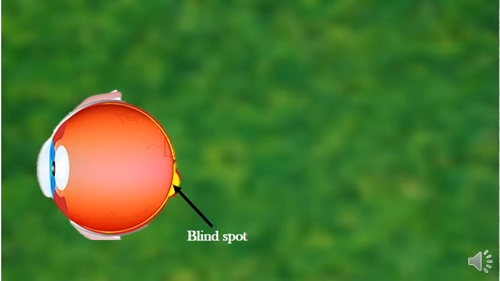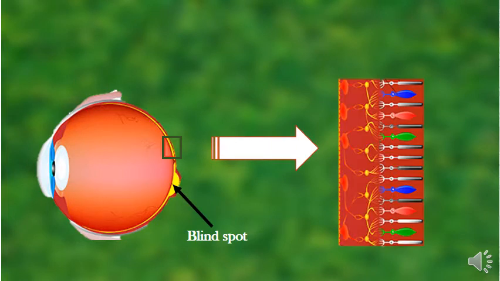Okay, so cones respond differently to the light of different wavelengths and are thus responsible for color vision, and rod cells function in lower light better than the cones. Rods are usually found concentrated at the outer edges of the retina. So this is the place where these are found, and let us see how they look. Now here you can see rod cells and here are cone cells.